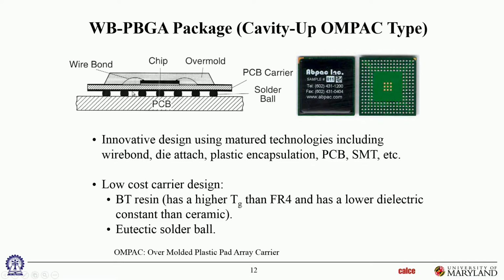So the substrate is a laminate, in this case an organic laminate made out of BT resin, which is a slightly higher temperature organic laminate than standard FR4 laminates. FR4 is the most classical resin used for printed circuit boards. Normal FR4 has a glass transition temperature of about 125 degrees C. High temperature multifunctional FR4 would be a little bit higher, about 150 degrees C. BT is probably just a little bit higher than that. And then these have eutectic solder balls underneath. So that would be a very classical